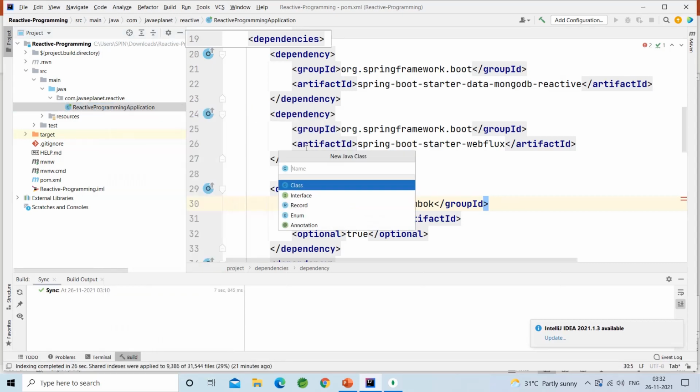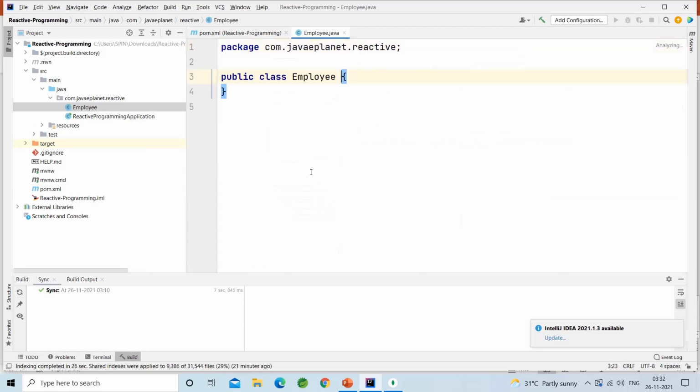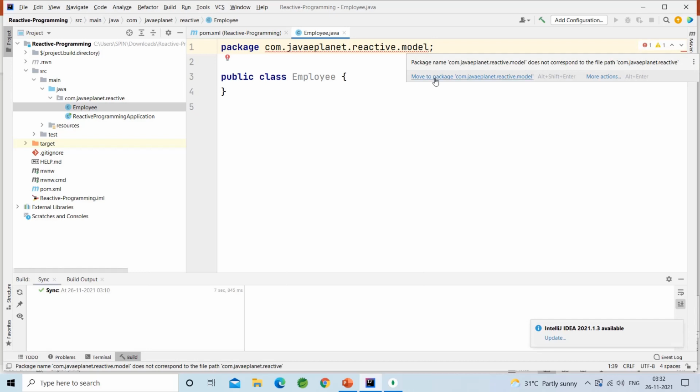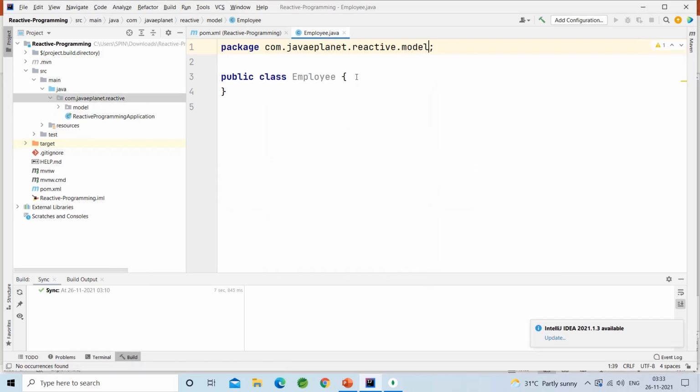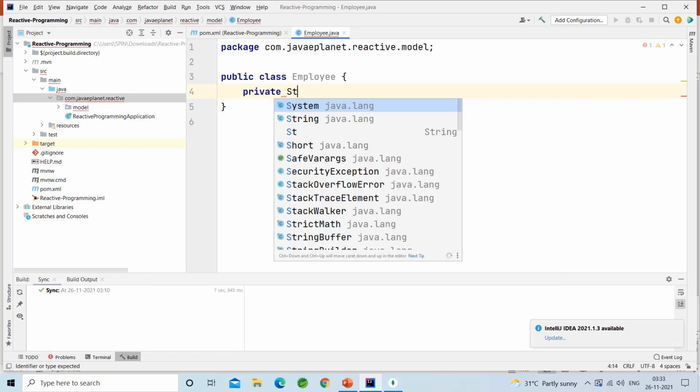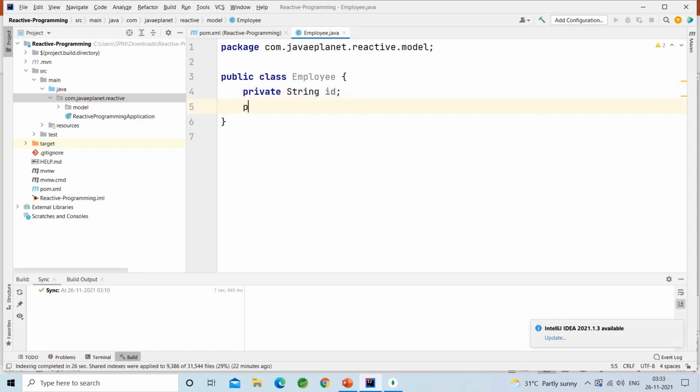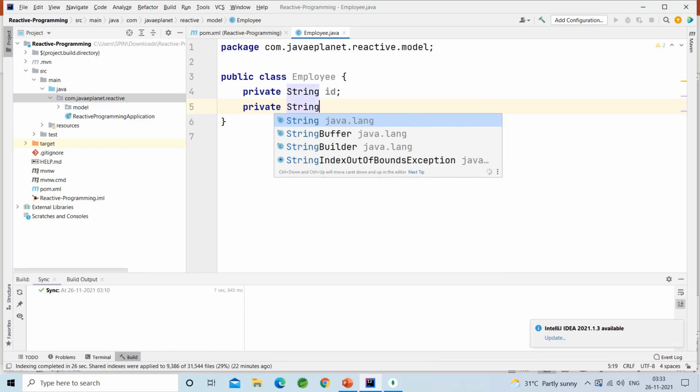New Java class, Employee, dot model, keep it in the model package. Private String id, private String name.